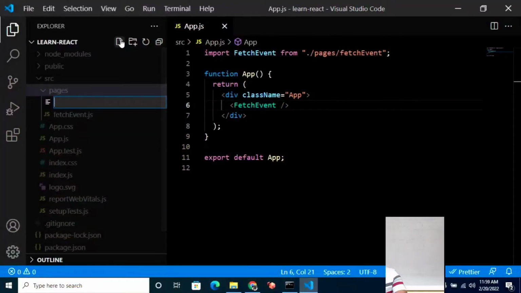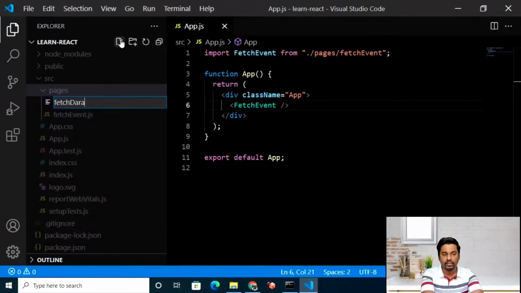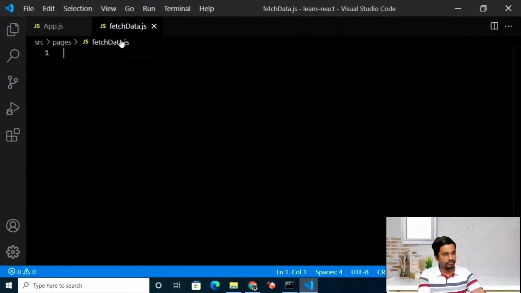And let's dive deep into how we are actually going to get the data from the form elements. But before we do that, we are going to create another component. So let's go into our pages and create a file called fetching data.js. So first things first, close this. Now create our